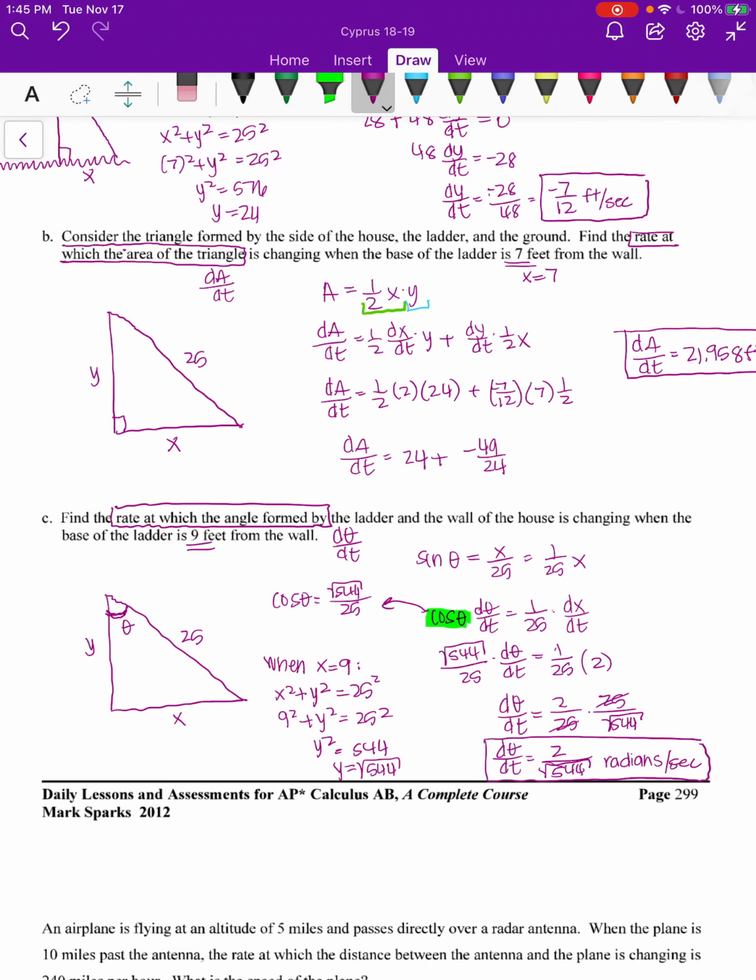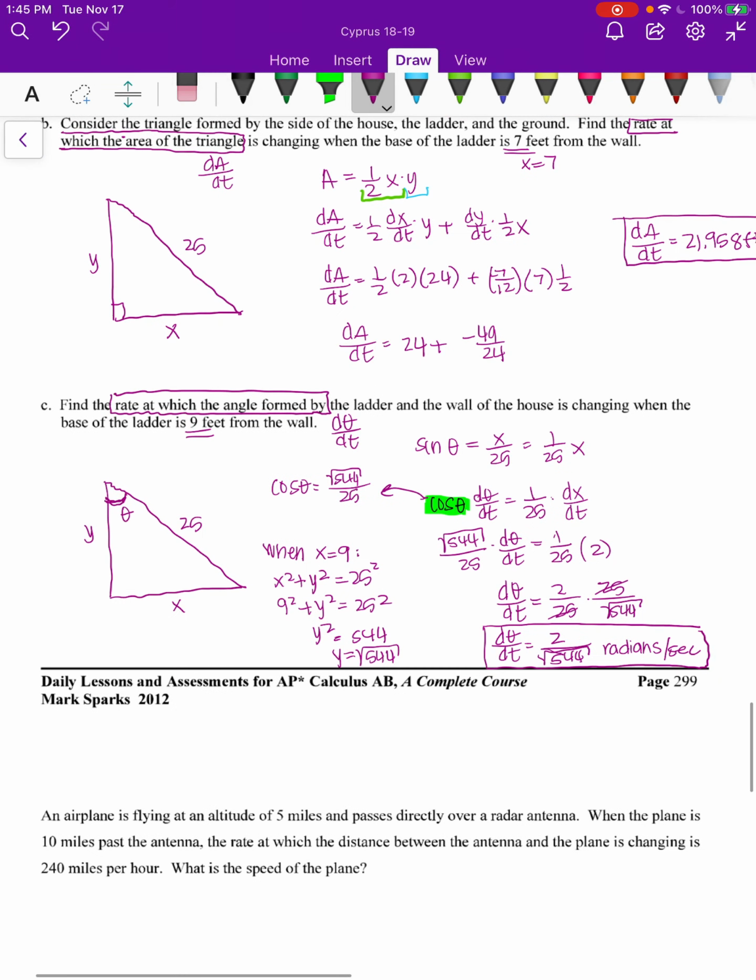All right. This last one, I'm going to just post the notes for. You guys can try it on your own, check your work on the notes. I'm not going to do it in the video, but if you need me to explain it to you further on Zoom or with an email, just let me know. But I'm going to stop